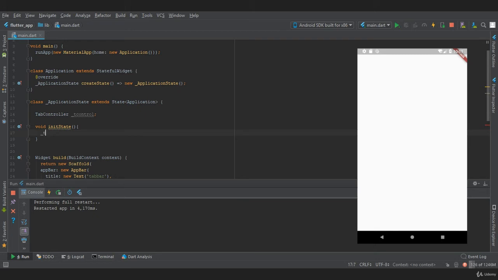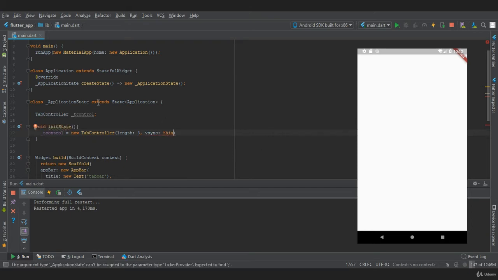So we'll say t controller is equal to new tab controller, and this takes two properties, which are length and vsync. In length we will provide t length, which is our tab bar length, and in vsync we are going to provide this.